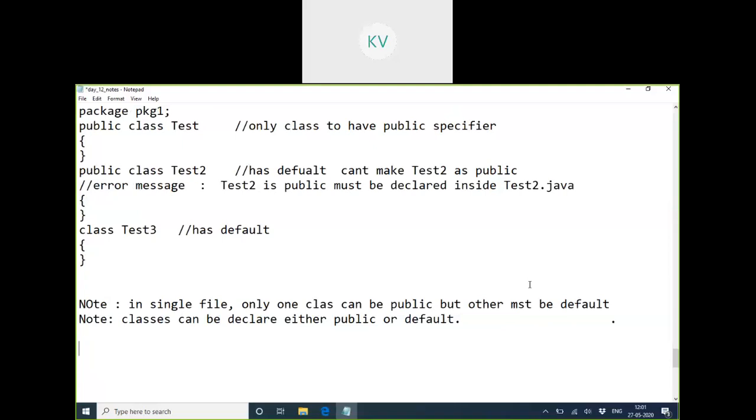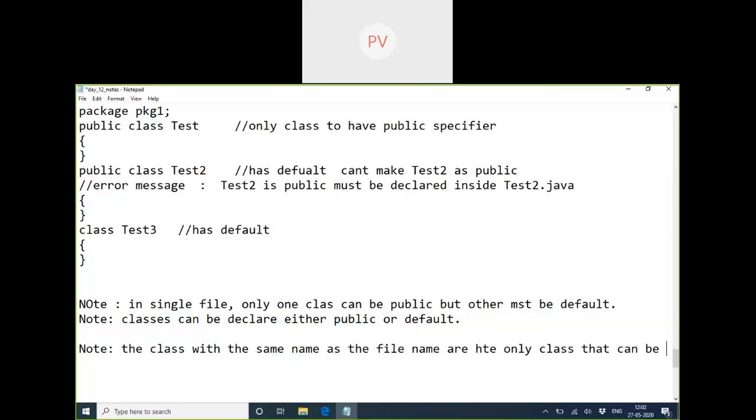Which classes can be defined as public? The class with the same name as the file name is the only class that can be declared public.